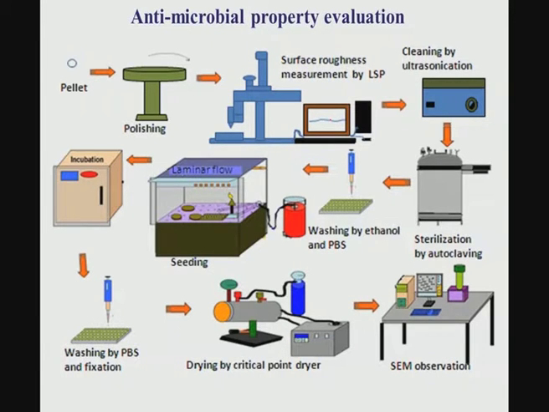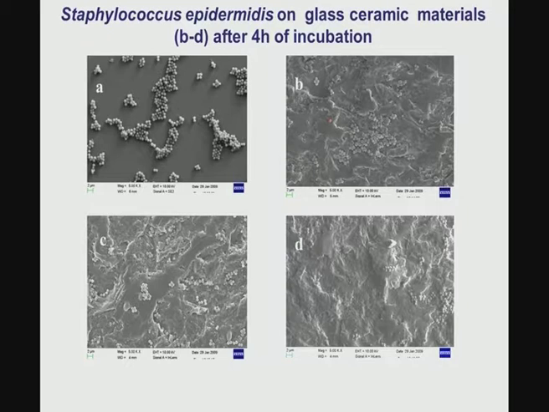Now, a little bit more detail of the antimicrobial property study. This is the control, the bacterial adhesion on the control sample, which is tissue culture plastic. This is M1, this is M2, and this is M3. With respect to control, you certainly see that for M1, M2, and M3 there is a smaller number of bacteria adhered. The second thing you notice is that for M2 and M3, M1 and M3, there is significantly more compared to the control sample.